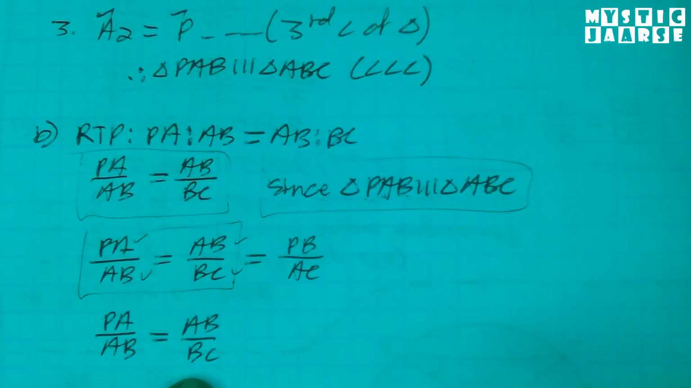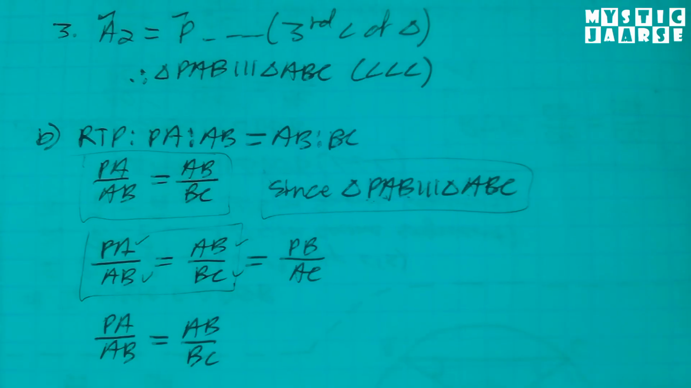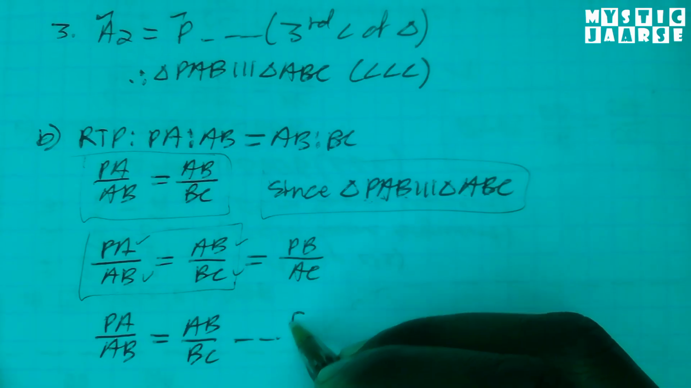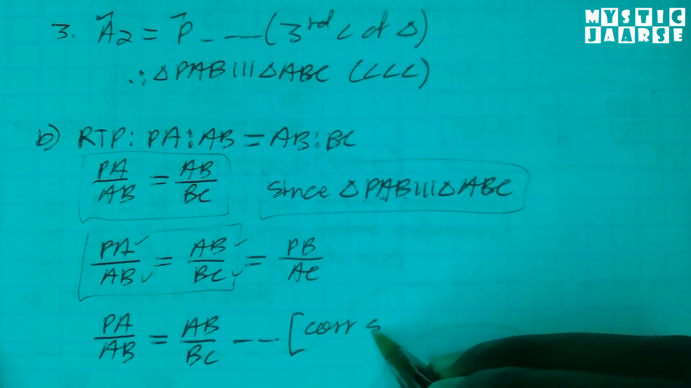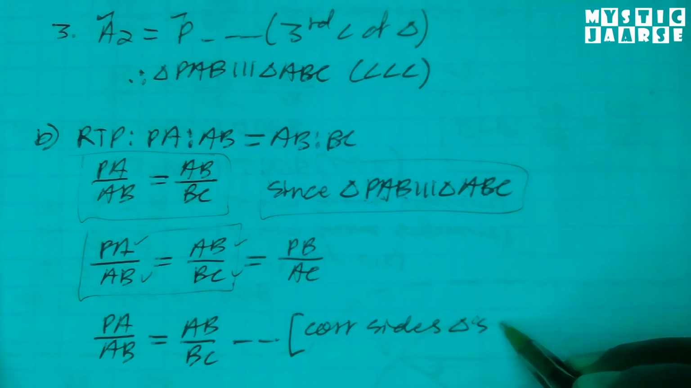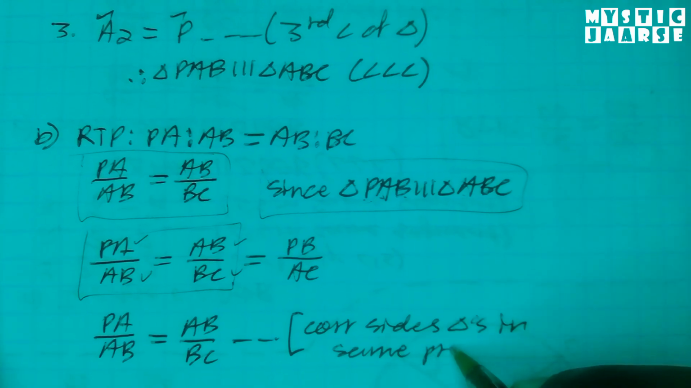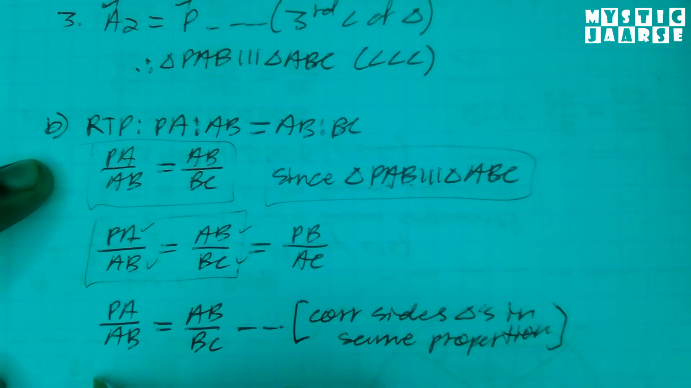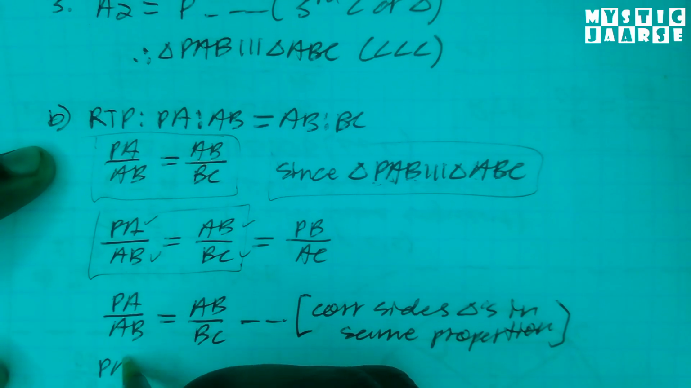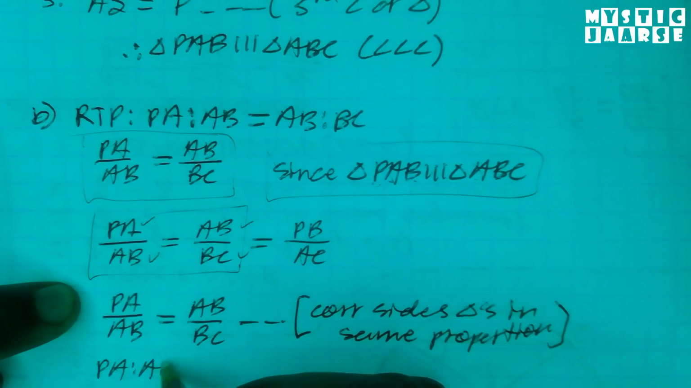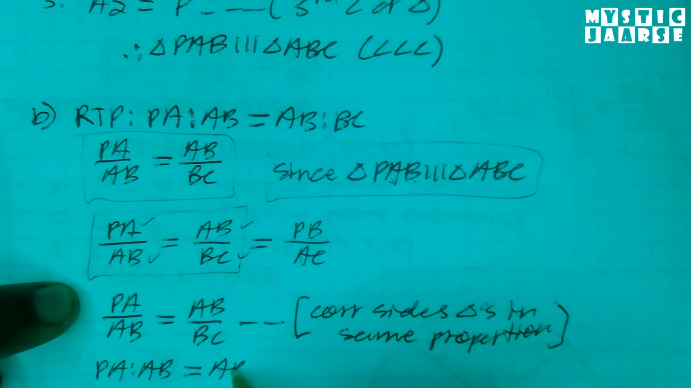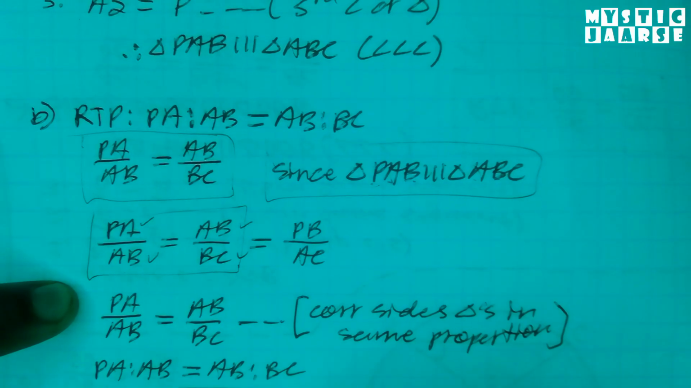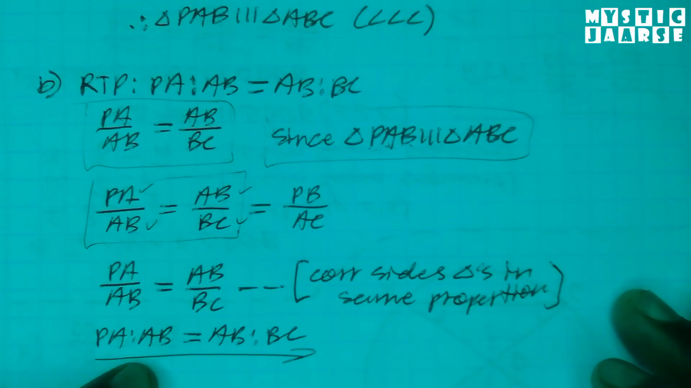Now we need to state a reason why these two pairs of sides are proportional to one another. So the reason is these are corresponding sides of triangles that are in the same proportion. We need to rewrite this in this form so that we can conclude. So we have PA is to AB is equal to AB is to BC. Yes, so we have proven that the ratio between PA and AB is equal to the ratio of AB is